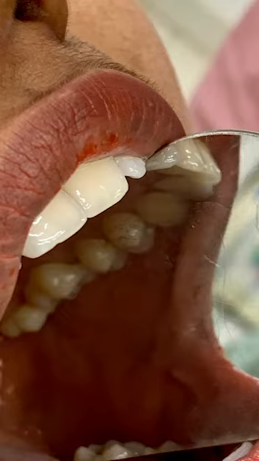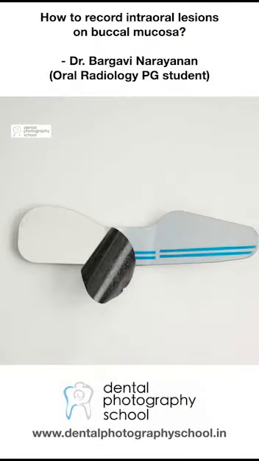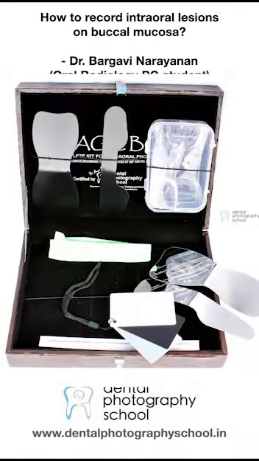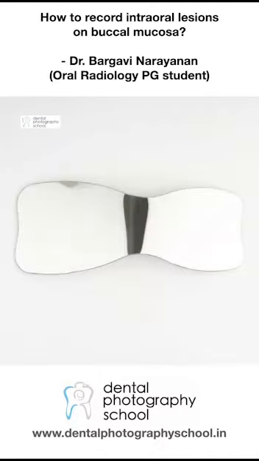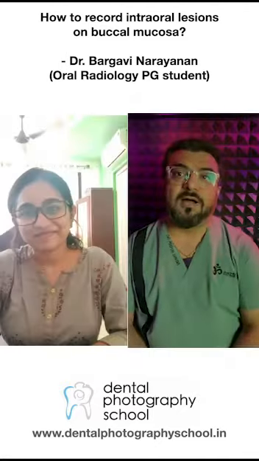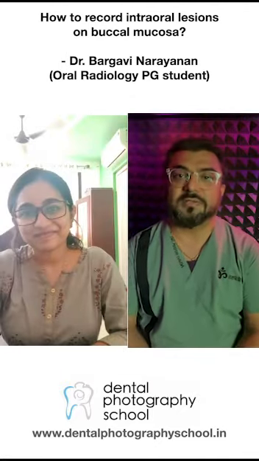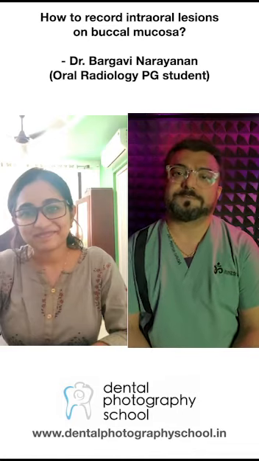So you can choose smaller mirrors for this. For example, in the Magic Box, we have a quadrant mirror or a sectional mirror. You can use that particular mirror. You can also use the perio mirror, which is also a part of the Magic Box. If the patient's mouth opening is good, you can use a full arch occlusal mirror, which I believe might be really difficult. But in the Magic Box, we have one big mirror and one small mirror. The small mirror is usually for pediatric cases, and probably you can use that if the lesion is particularly very big in size. But I would suggest the quadrant mirror or the perio mirror for your needs.